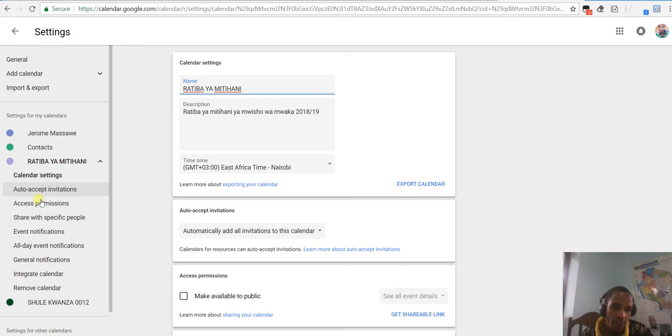Maybe I want to invite specific people to my calendar. Maybe an auto accept invitation, access permission. Once you send the invitation, the notification will be auto accepted. There is access permission, show specific